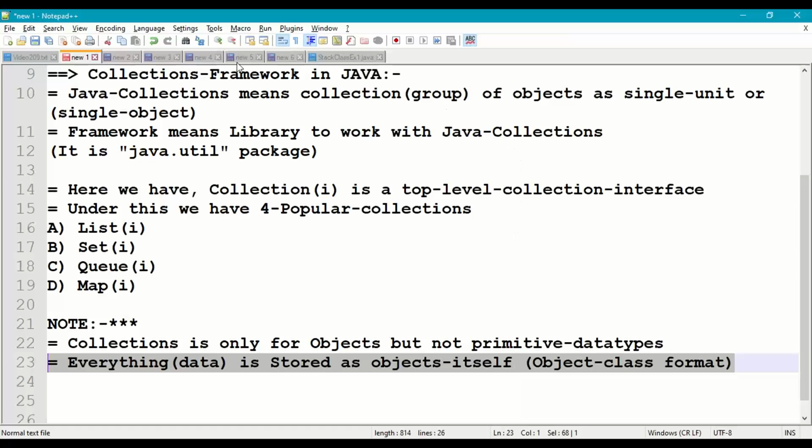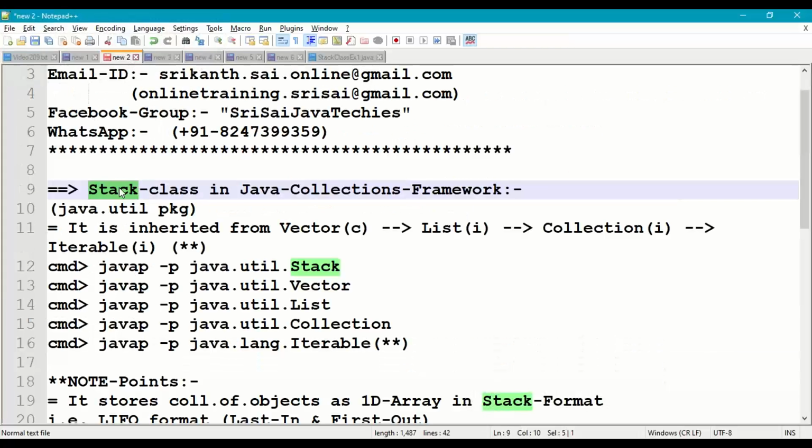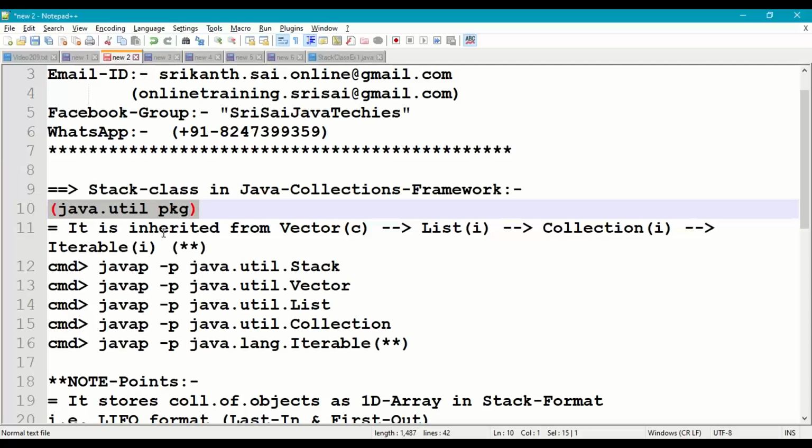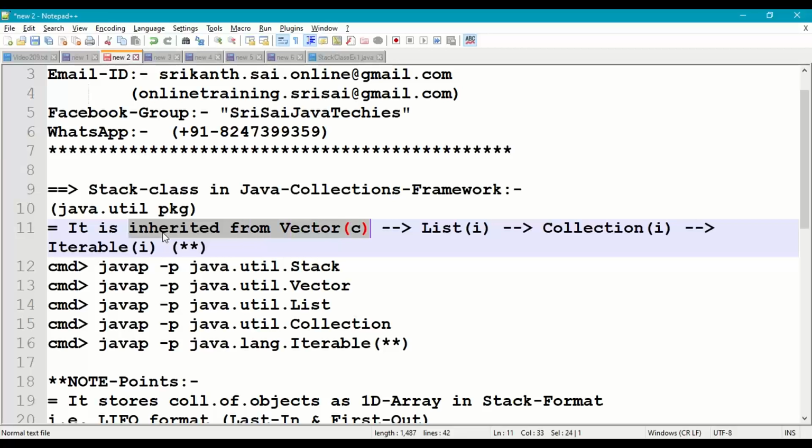Now coming to the Stack class. How to use the Stack class in Java Collections Framework? The Stack class is available in java.util package, and Stack class is inherited from Vector class. Vector class is inherited from List, List is inherited from Collection interface, and Collection interface is inherited from Iterable interface.